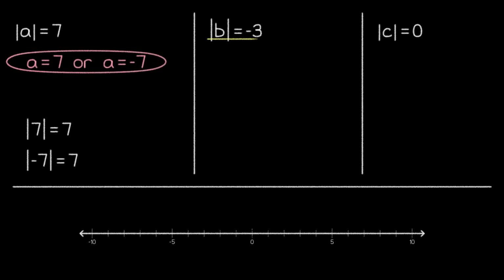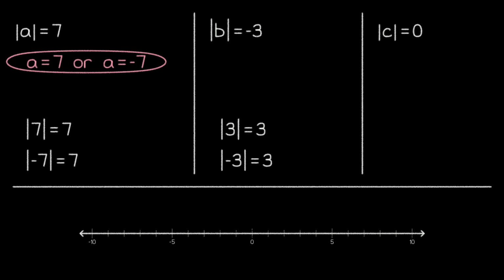Now for our next problem. This equation is asking the absolute value of what number equals -3. Based on our last problem, you might be thinking that the answer could be 3 or -3, and that would be a reasonable first guess. But if we take the absolute value of either of those numbers, we get an answer of +3, not -3. So what's going on with this problem?